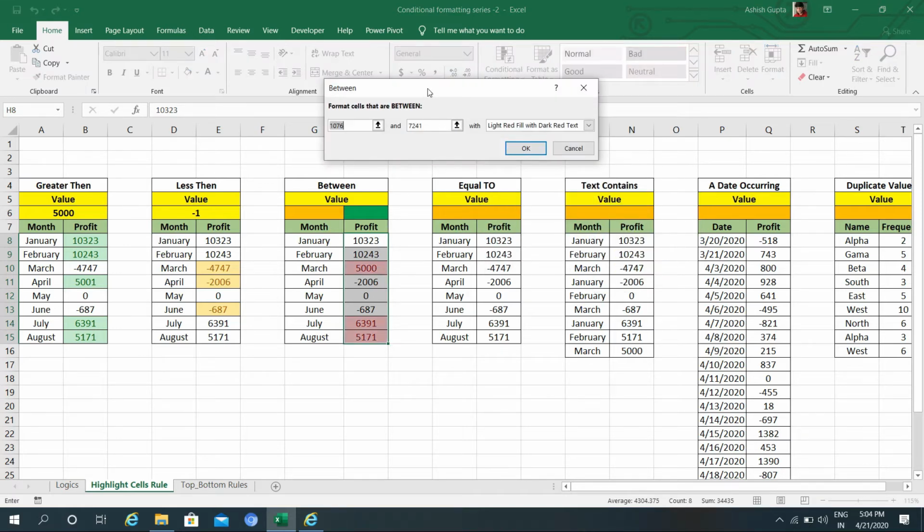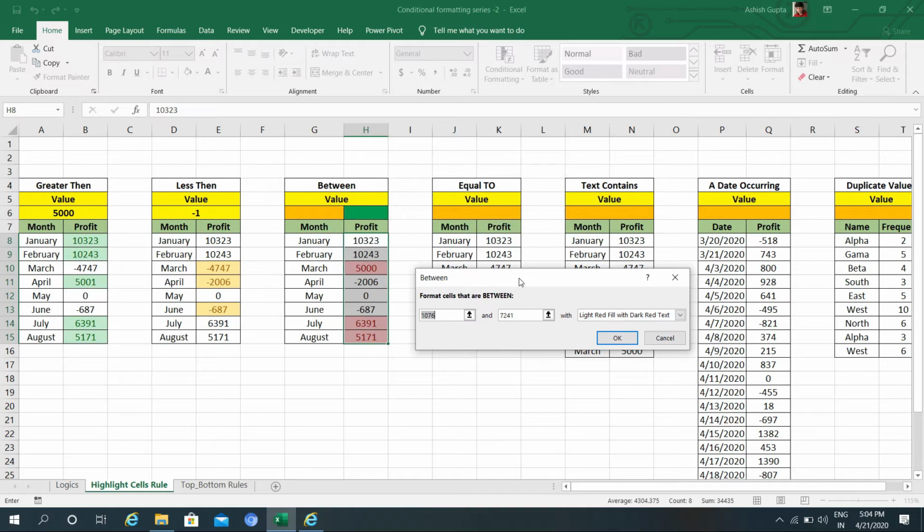It will ask you two numbers, a lower and a higher. Suppose I choose minus 500 and the maximum number like 7,000. So if any number falls within minus 500 to 7,000 in this area, it will highlight in red color.